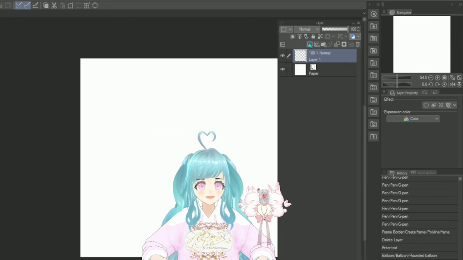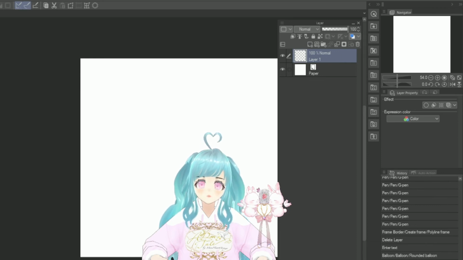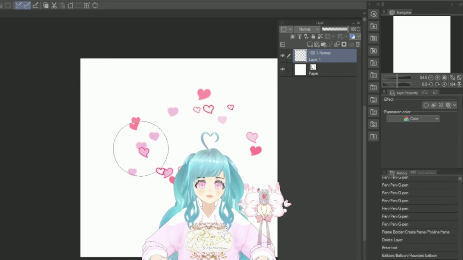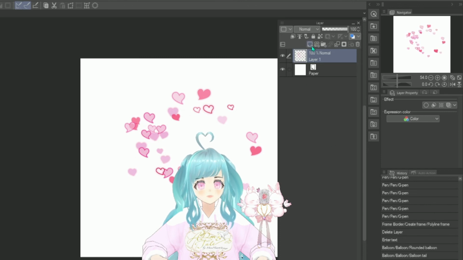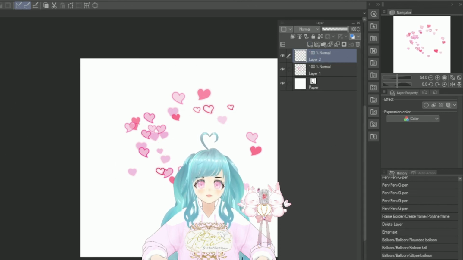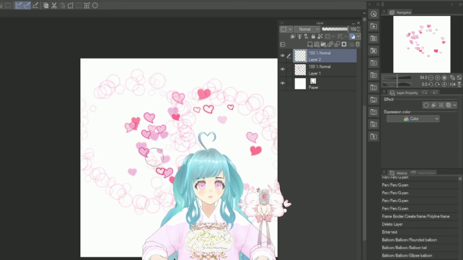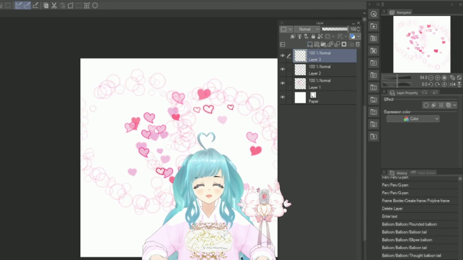Let's delete that, and then I'll create a raster layer. So if I want to put the hearts here, I have that. Next, if I create another raster layer and use a different brush, and then another brush,